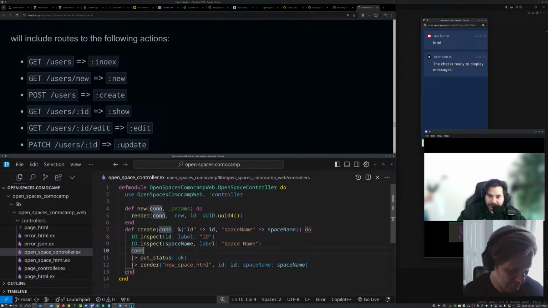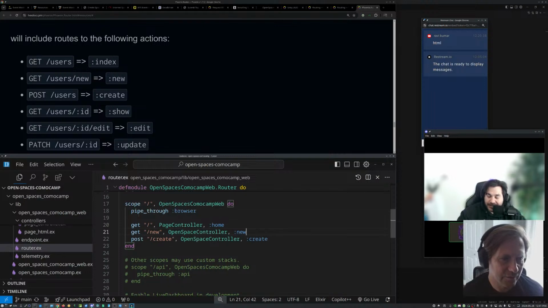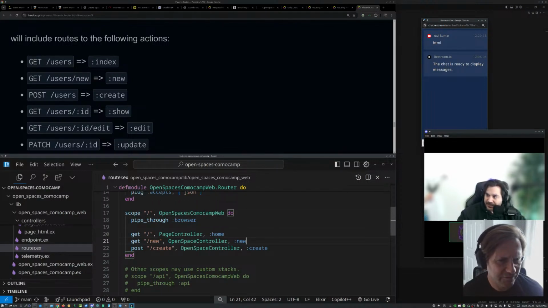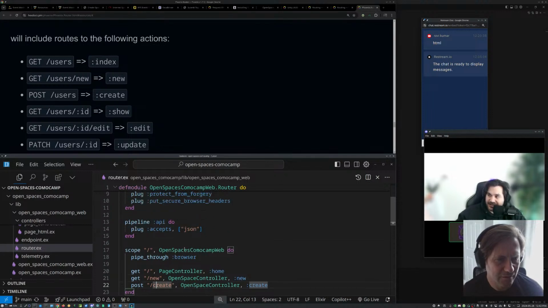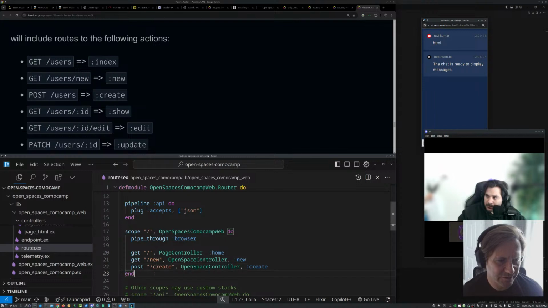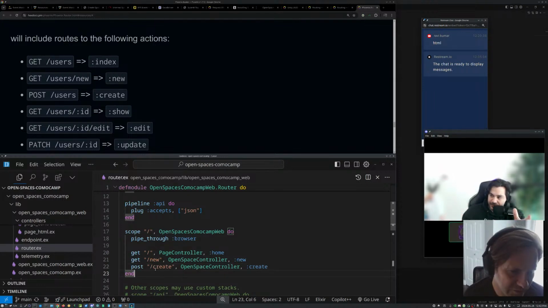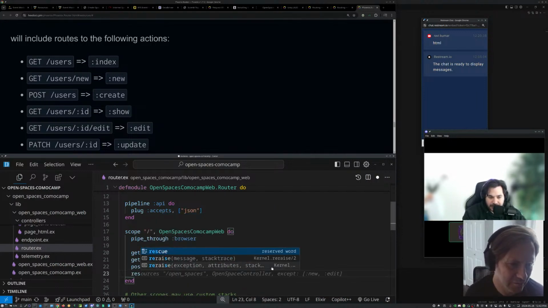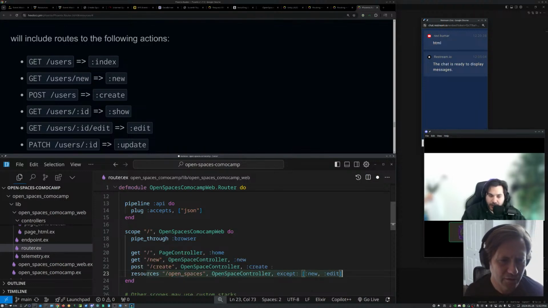Do resources and then configure it to be only a singleton. This is a different thing in the route, right? Yes, you do resources and then the slash open space. So instead of doing a scope, you do resources. A scope is just a way to say everything in here shares a given configuration, right? Okay, and then you do a resources here instead, exactly.